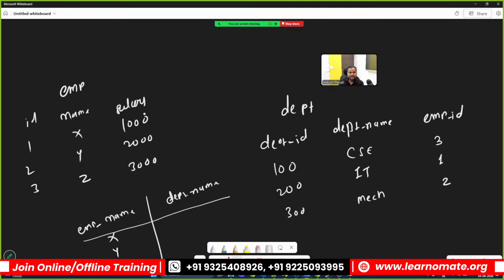If you just check this employee table, you cannot retrieve the information of department. That is not possible. So where is the employee department information available? In the department table. Here it is mentioned. So when you compare these two tables, and if I'm asking you what is the department name of X employee,